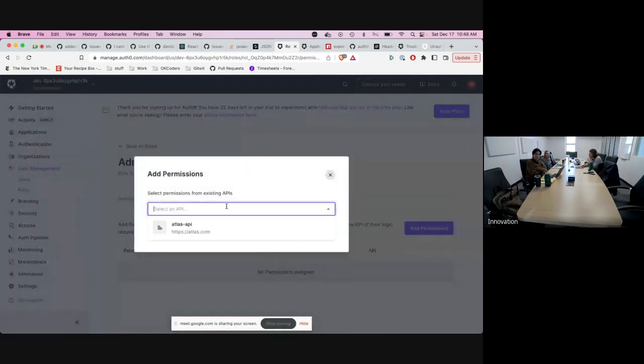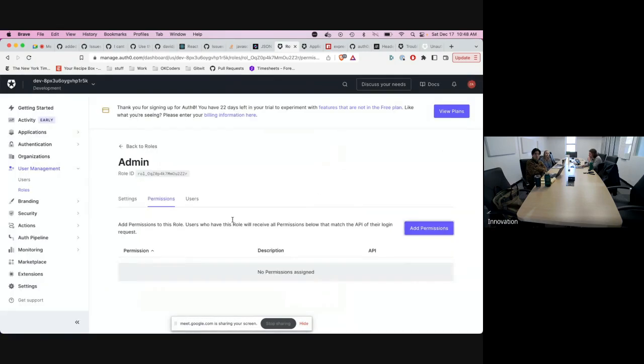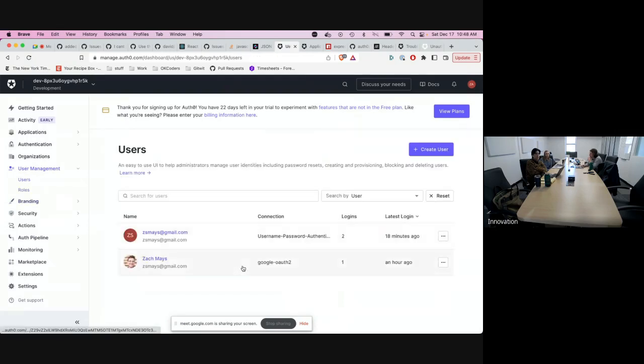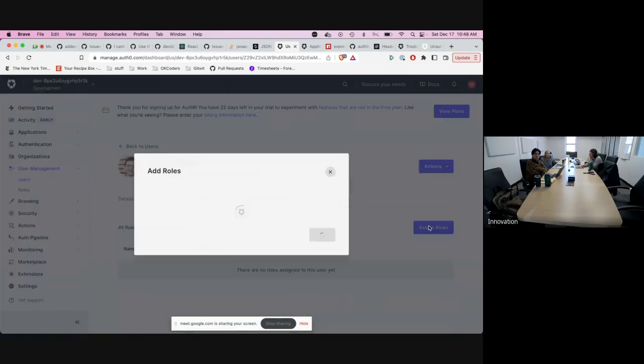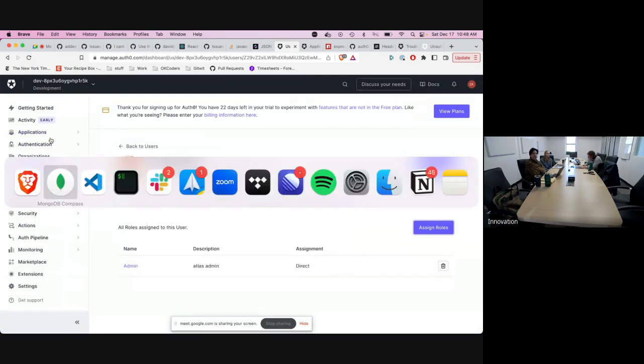So we can add a permission, and we only made one, which is write modules. So the admin role can write modules, and then we go to users and we go to Zach, and we'd say, okay, this person is an admin. Now in my JWT, if we look at that,